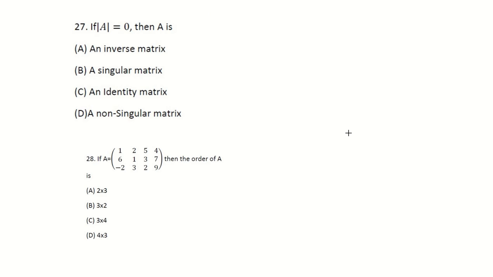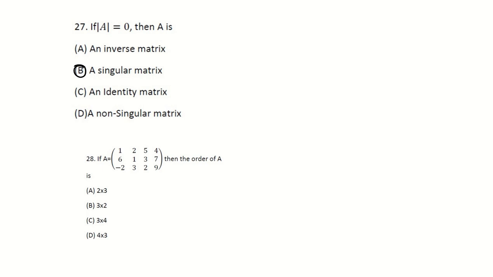We're going to start on January 2023, paper 1, section 9, which is vectors and matrices, number 27 to 30. Let's look at this. If the determinant is 0, then it is a singular matrix. If it was an identity matrix, it would be 1. A non-singular matrix is any other number other than 1 and 0. An inverse matrix,